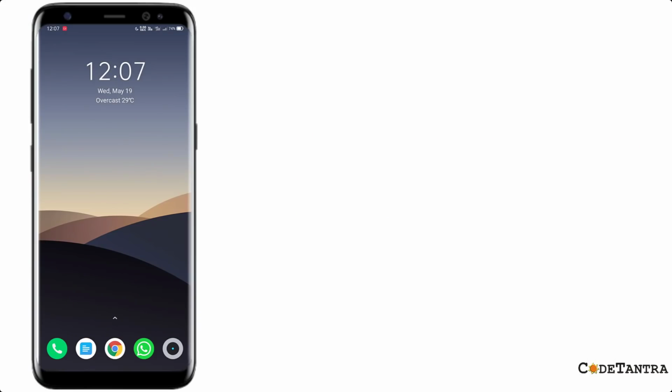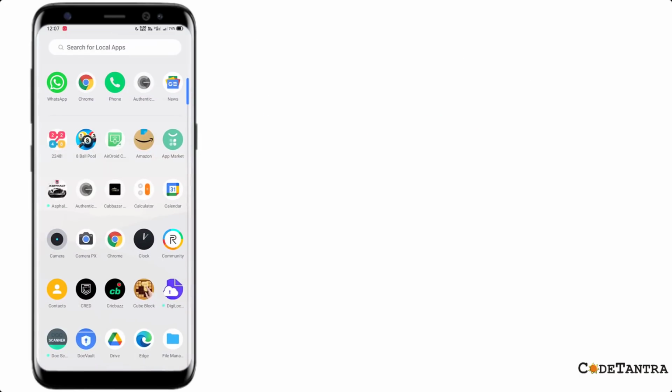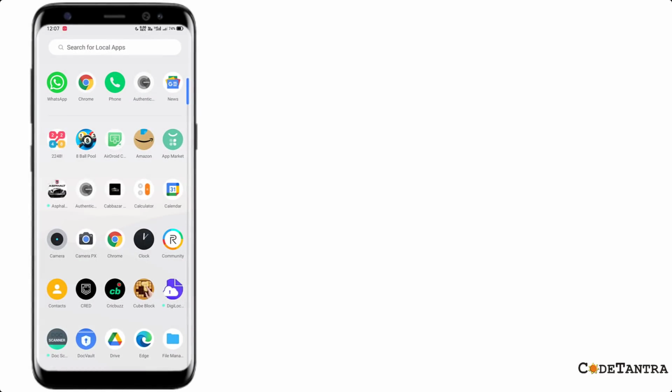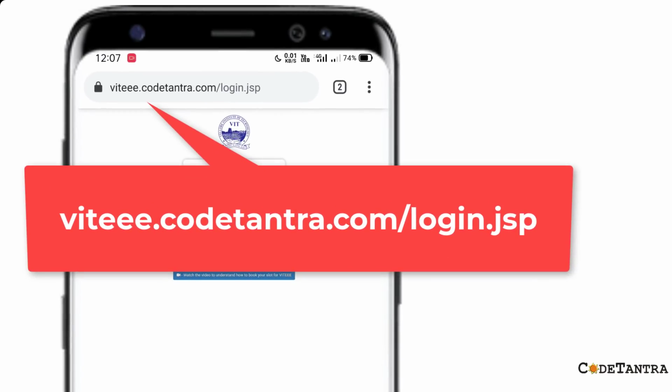Now this is my mobile phone and you can see I have a Chrome browser in the center at the bottom. Since I'm using an Android phone, the Chrome browser is the allowed web browser to continue my exam with. Or I can go to the app drawer and you can see we have the same Chrome browser app there, if that app is not available on the home screen. Once you find the Chrome browser app, you have to click on it to open, and then you have to visit again the same web link that we visited earlier,